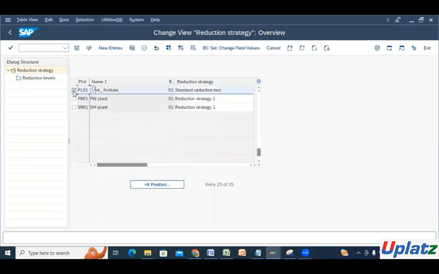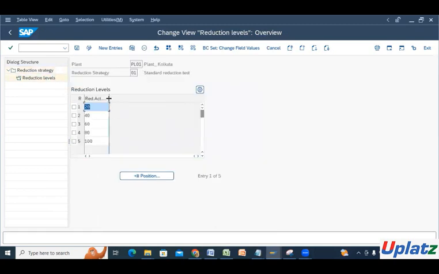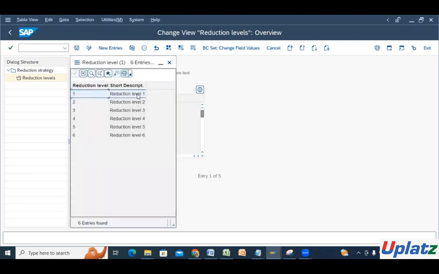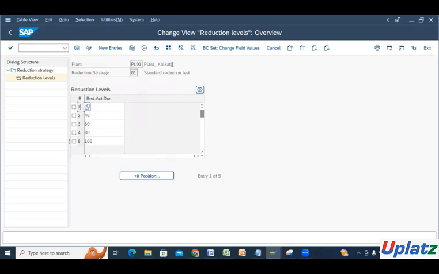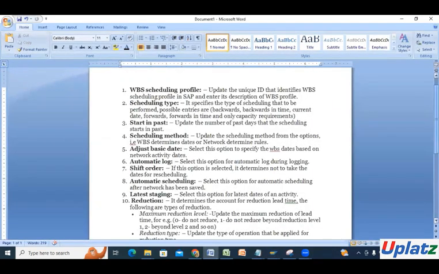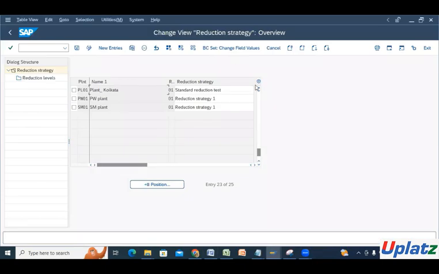Okay, so here the standard reduction policy is already maintained. See, the reduction activities will go down. If I consider reduction level one, the strategies are going down by one. It's 20, 40, 60, 20, 50, 100. So that way the reduction policies, I mean strategies, will be followed. If I go ahead with this, this is the reduction strategies, and these are